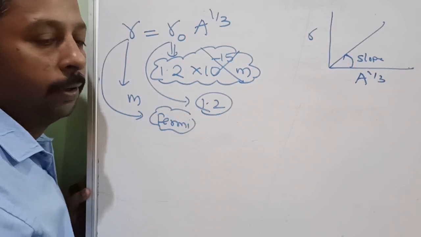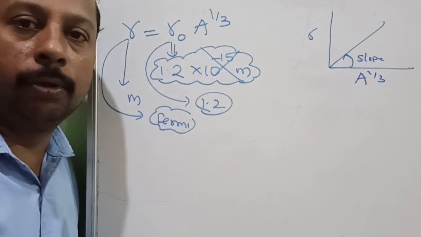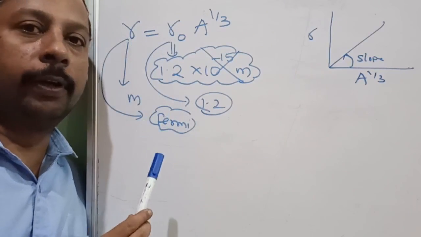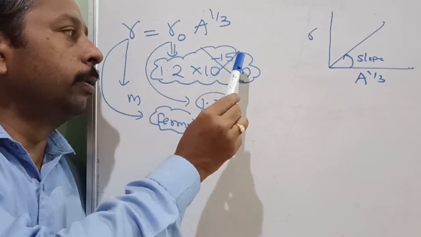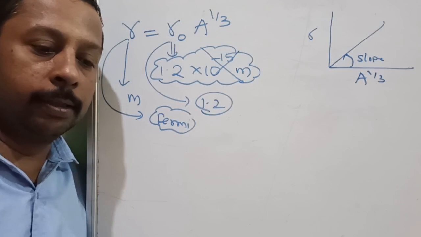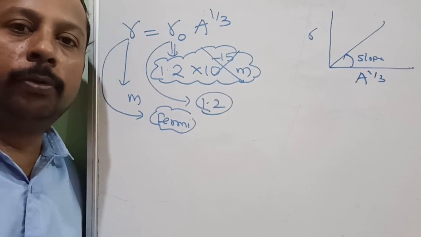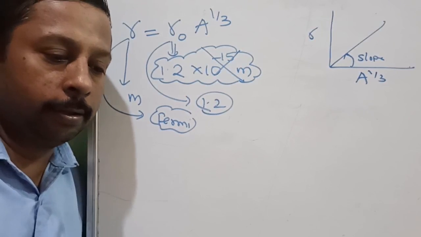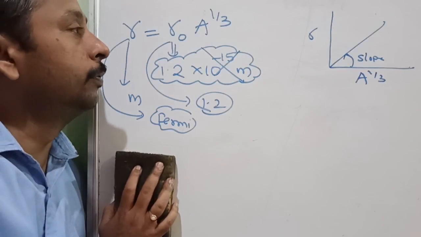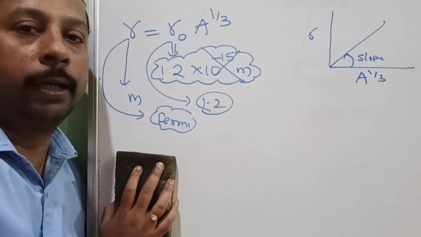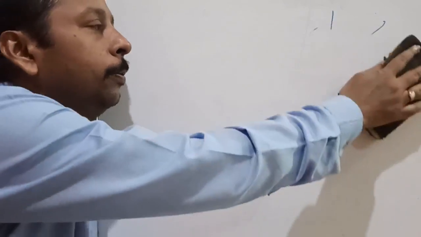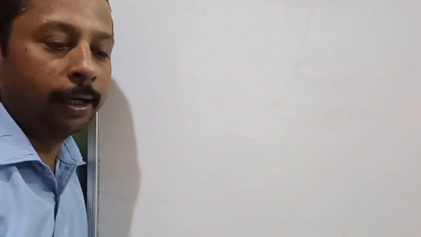What will that be? 1.2. Depending on what you substitute for R0: if R0 is equal to 1.2, you will get radius in Fermi; if R0 is equal to 1.2 into 10 to the power of -15, then you will get it in meter. Is it understood? So that is the difference between the radius of nucleus and the radius of atom. Okay, so everything is revealed, how this formula came, how that R0 was calculated. It is a top secret. Inform your friends so that top secret should not be a secret for your lifelong.